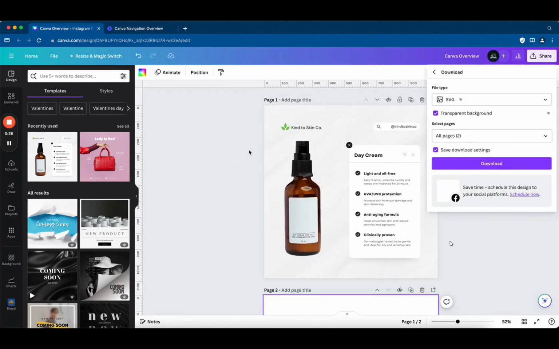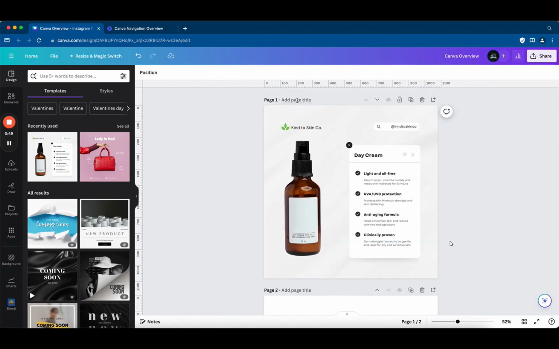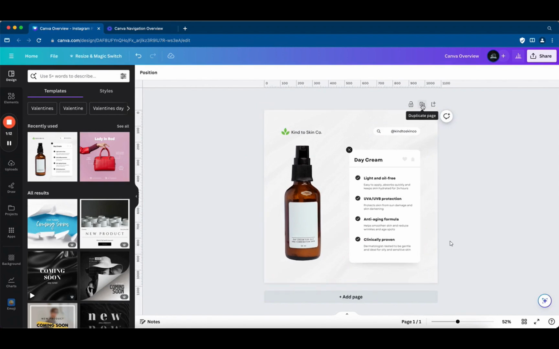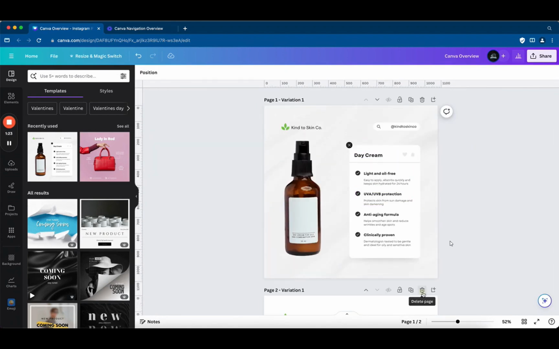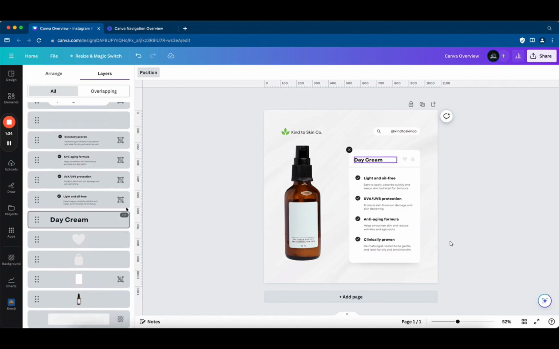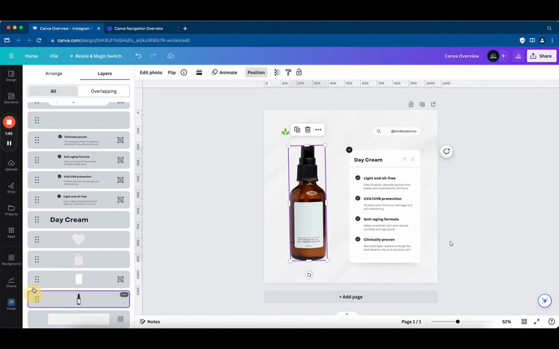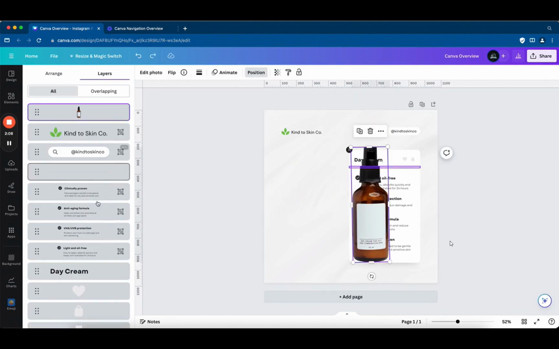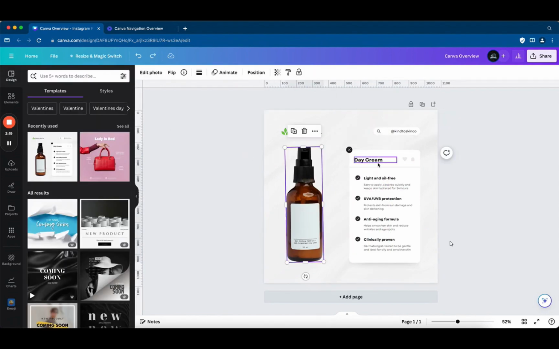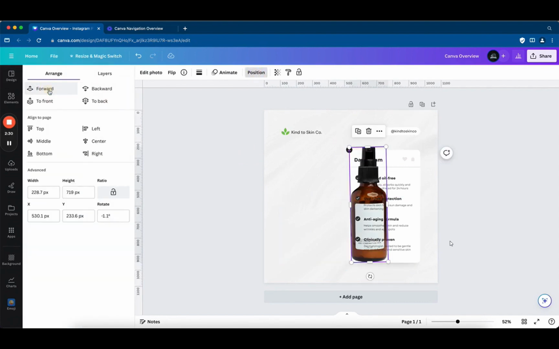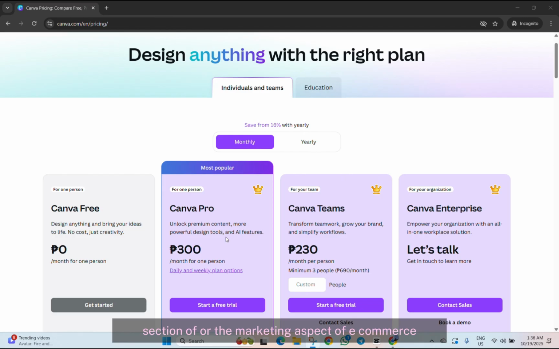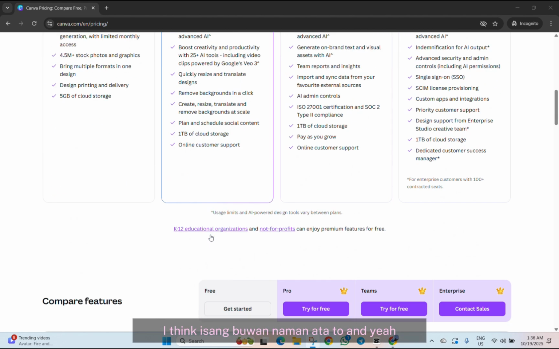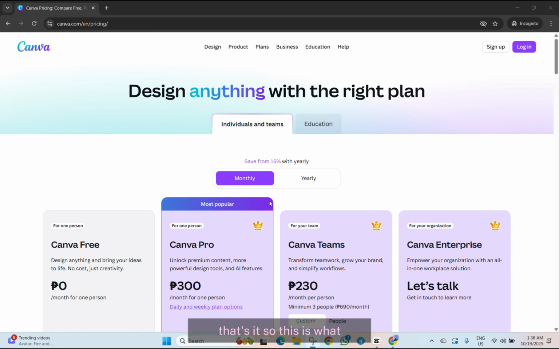Because as a Shopify VA, you can also highlight your skill in creating images. Mostly graphic designers can work as a Shopify VA since they can create graphics for their products. Also, they can make image ads for the marketing aspect of e-commerce. So yeah, you can start a free trial, at least isang buwan naman to. And yeah, that's it.